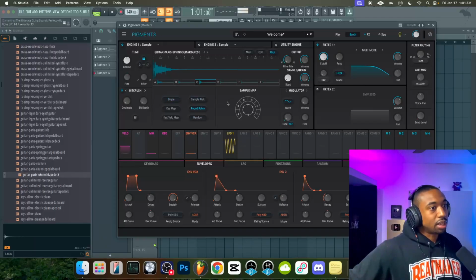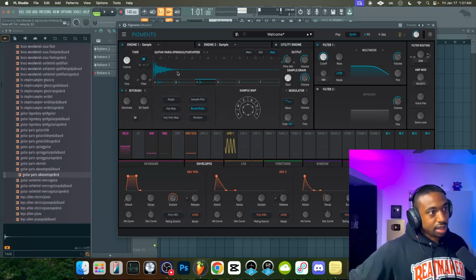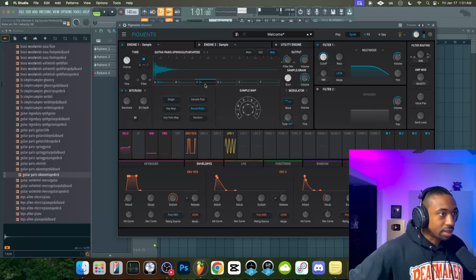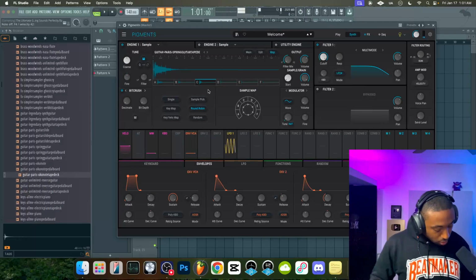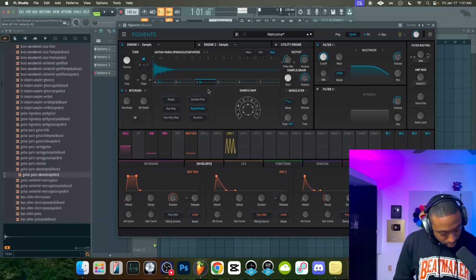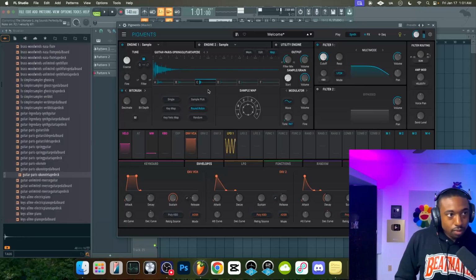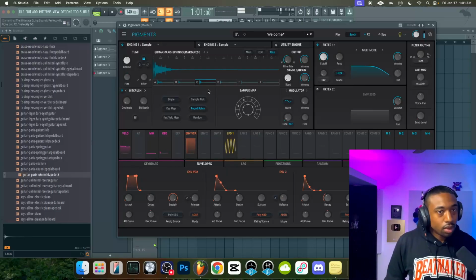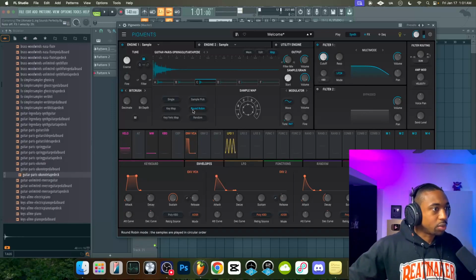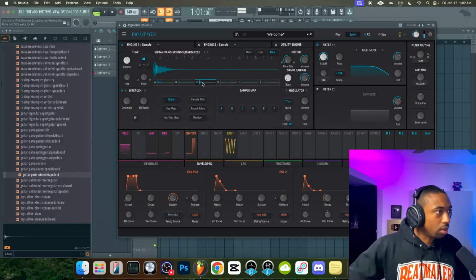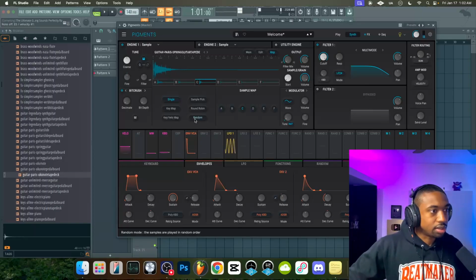Round robin basically plays the samples in a sequence. So it plays A, B, C, D, E, F, A, B, and it keeps repeating. Every time I hit a note, it plays a different sample, but it plays them in order. So if you guys want that, you can play chords this way. So we could play, let's do F minor. And one of these samples sounds weird, so we got to figure out which one sounds weird first. I guess that's a low octave actually. Never mind, it doesn't sound weird.